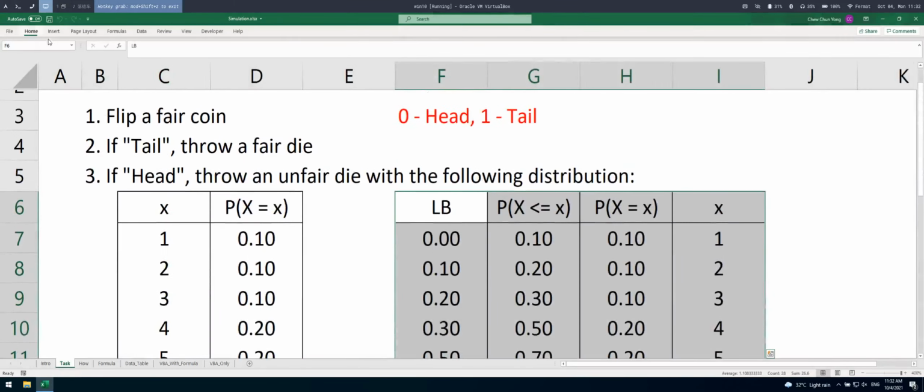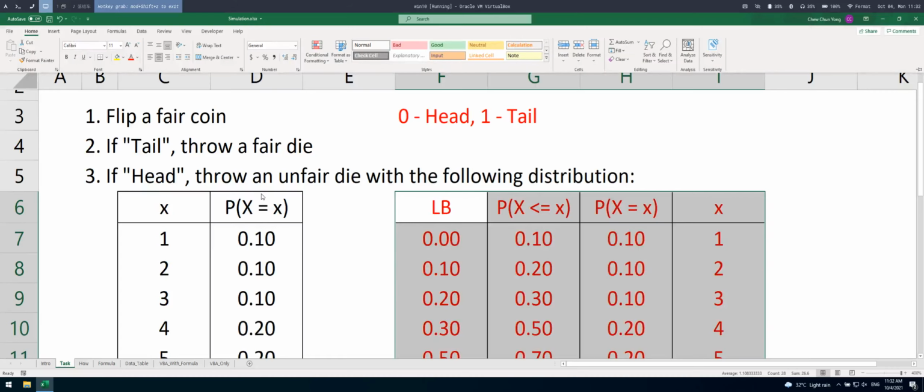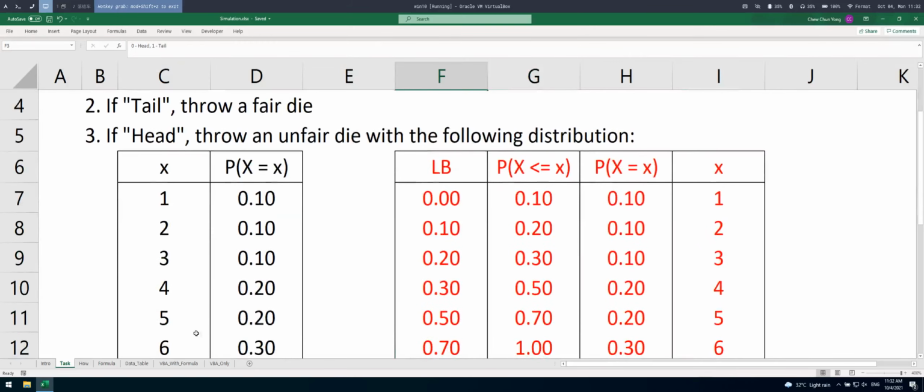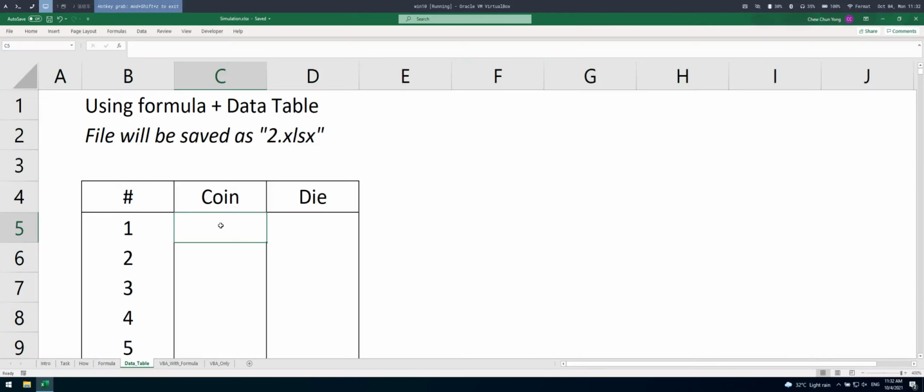Okay, so let's change this one to red color, save it first. Right, so 0 is tail, head, 1 is tail, and this is the simulation. So we repeat the same formula here. Actually, instead of copy paste down, you can do the same thing. So what is the advantage of doing these